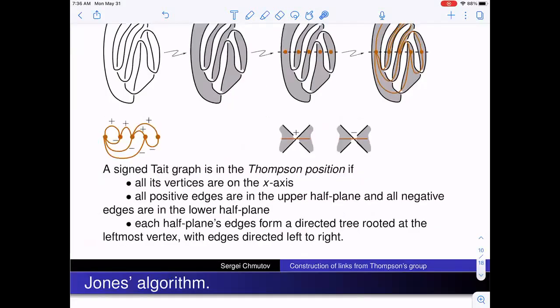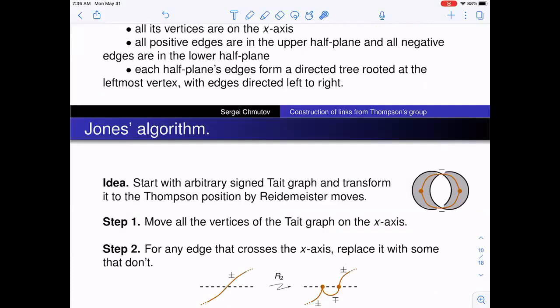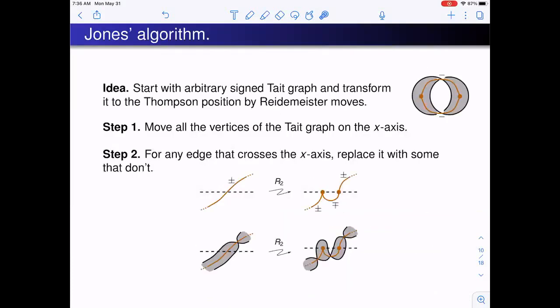And that was the idea. For example, if you take this Hopf link like that, there are two minuses here, then we can move it to the Thompson position. And there are several steps here. So the first step is going to be we deform all vertices to the x-axis to make it on the horizontal axis. So that is similar to what was in Colin Adams' talk, the first talk on this workshop,